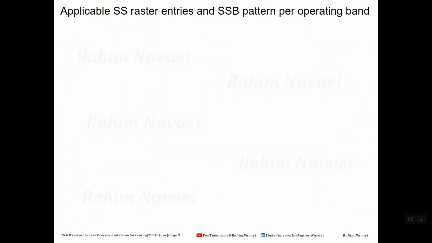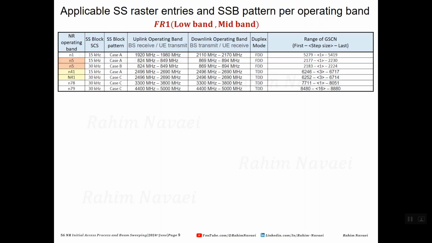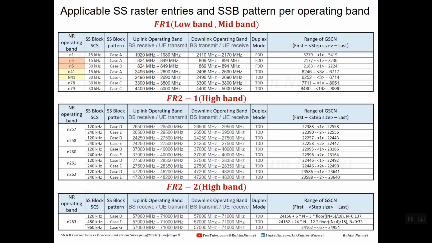Here, I'll try to show you three tables related to frequency range 1, FR1, and frequency range 2, FR2, which include essential parameters for each operating band, assisting the 5G devices in receiving synchronization signals. Subcarrier spacing, SSB pattern, and